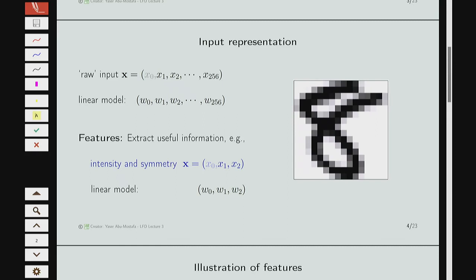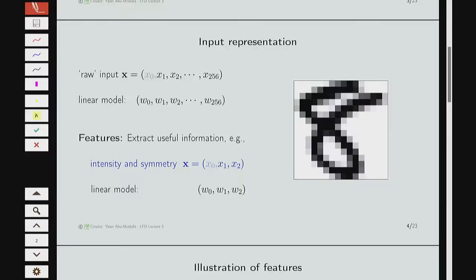X0 is the augmentation. X0 always equals 1. Remember, we have the augmented form, right? Very beginning, okay? So